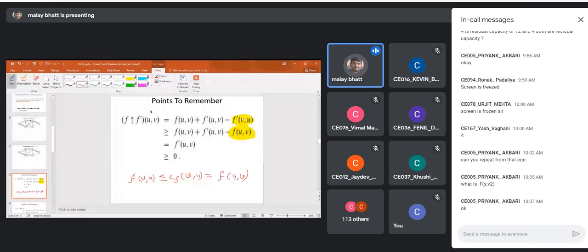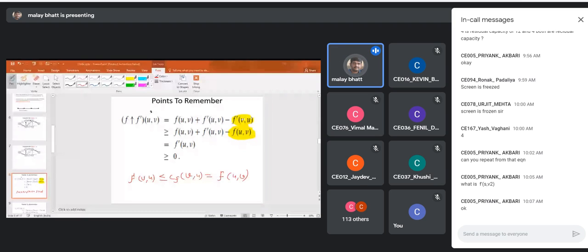This is the most important thing, right? Because flow value in the reverse direction, maximum flow you can generate in the reverse direction will be equal to the capacity in the reverse direction. And the capacity in the reverse direction we are getting. So that's why we are writing f dash v comma u is equal to f u comma v. So first and last term will cancel out. So what we are getting? F dash u comma v. So it is greater than or equal to 0.